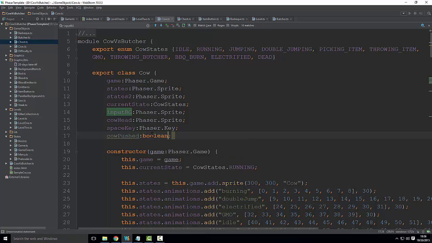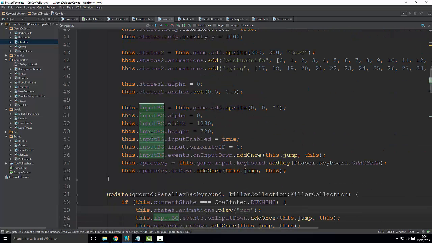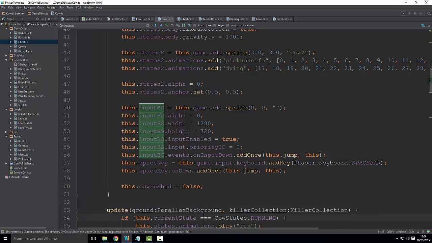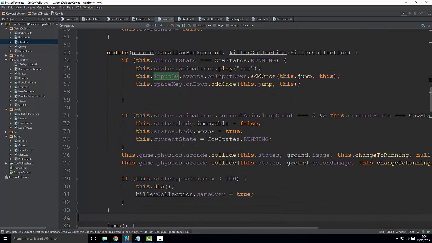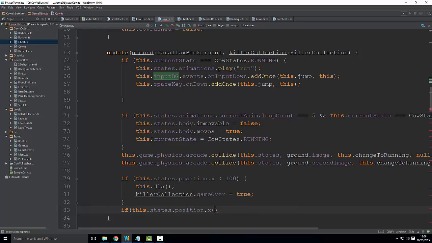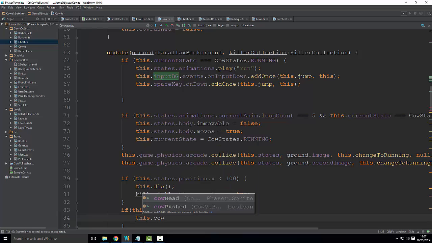So cow pushed is going to be a boolean, and we are going to initialize it with false. I just need to find a good place for it, maybe at the end here. This dot cow pushed equals 0. Sorry, is false. Well, it was going to work either way, but let's not make it weird. Okay, so in the update we can say something like if this dot state dot position dot x is less than 300, then we want to say this dot cow pushed equals true, and then we want to say if